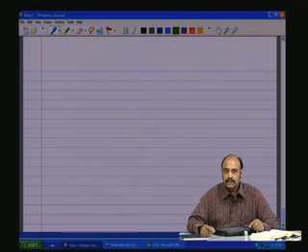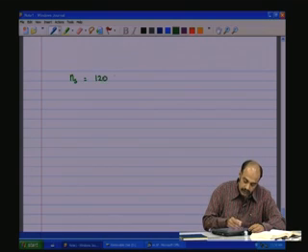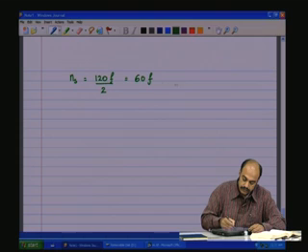That is at 2 poles. That is, if we have just 2 poles per phase, that is the maximum speed that you could get, which means Ns is equal to 120 F by 2, which is 60 F, is the maximum synchronous